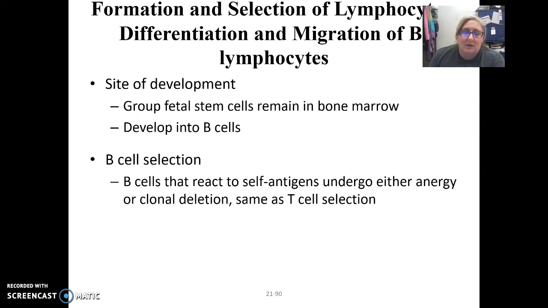They're either going to undergo a process called anergy, where they no longer have any function, or they are going to be degraded, broken down, and they'll be